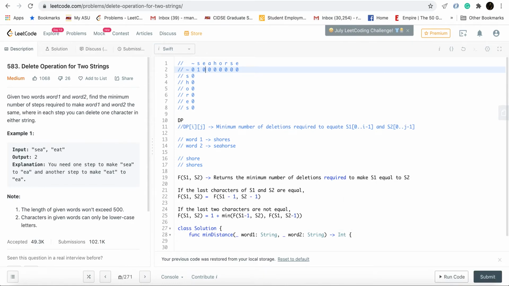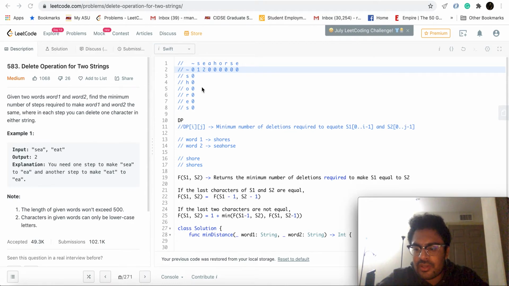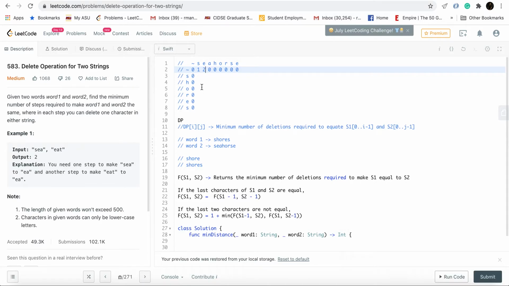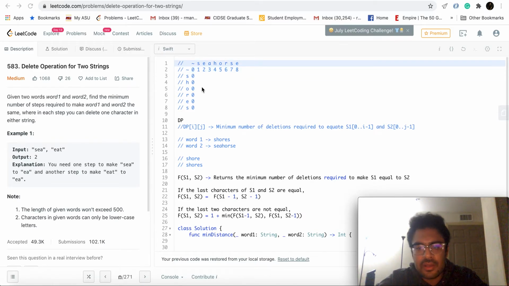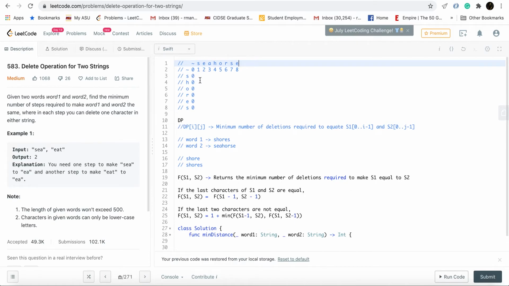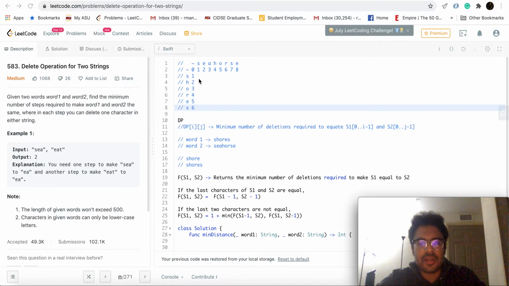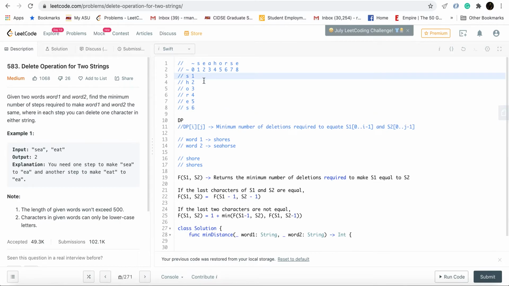What if your string is se? You would need two deletions because you would have to delete s and e both. And similarly, this is how this would go. If you delete all 8 characters from seahorse, it becomes equal to the empty string tilde. Similarly, we can make the same argument for the first column. Now we'll start filling from left to right.